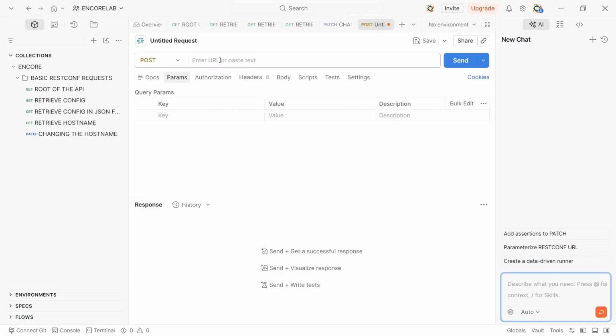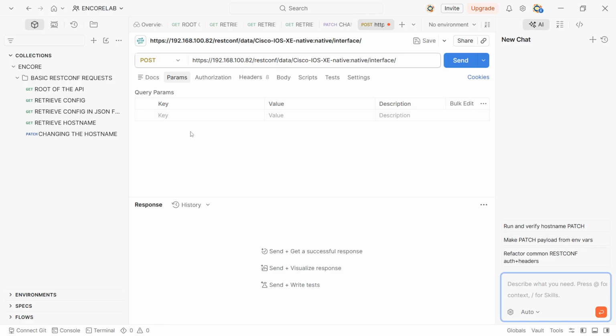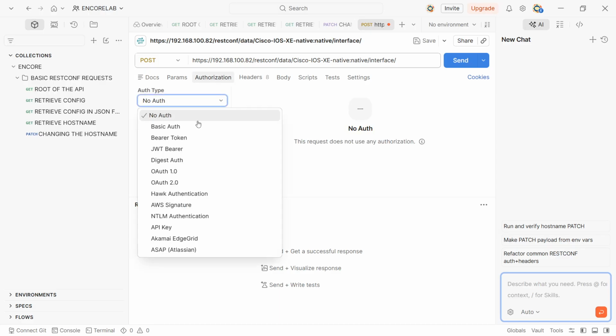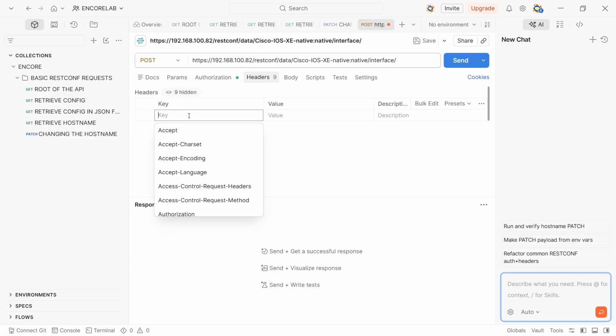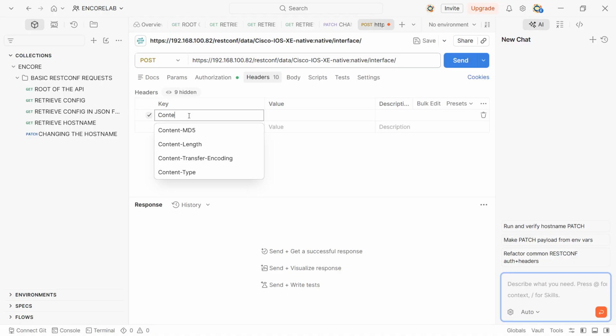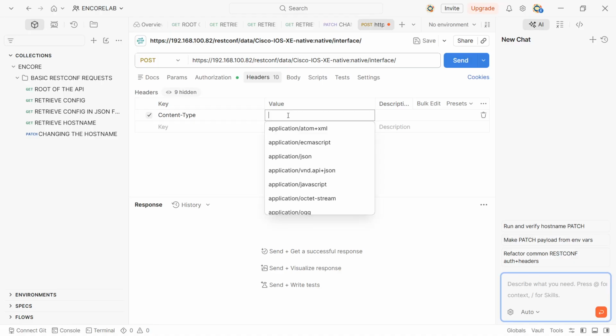We are going to add the URI. Notice that the URI must be as specific as possible to locate the resource that we want to create. Then we are going to go for authorization, basic authorization, headers. We are going to add content type,